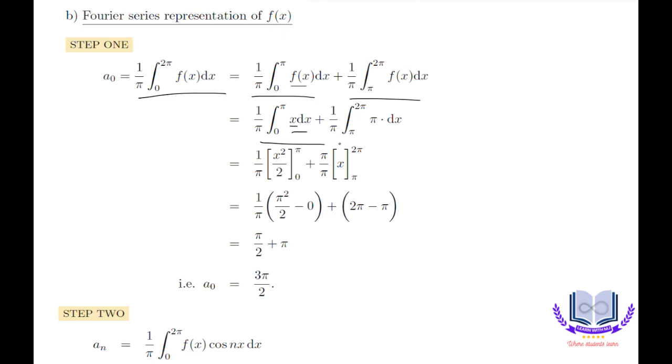Now just simply integrate both integrals and put in the values of their limits, and finally we will get the answer of a0 as 3 pi by